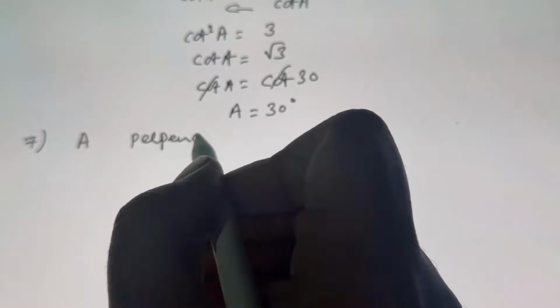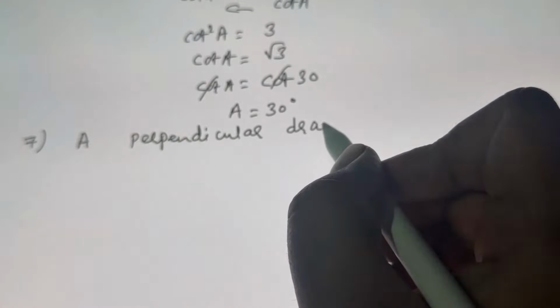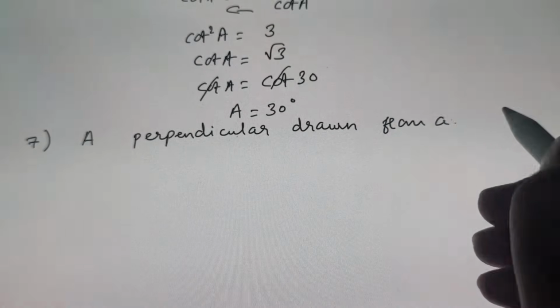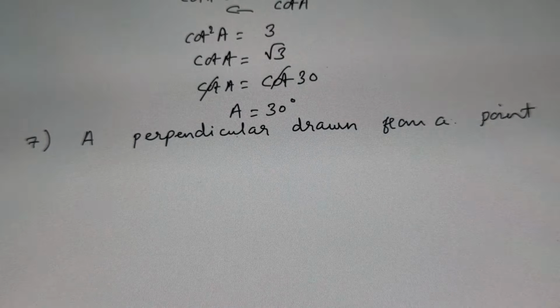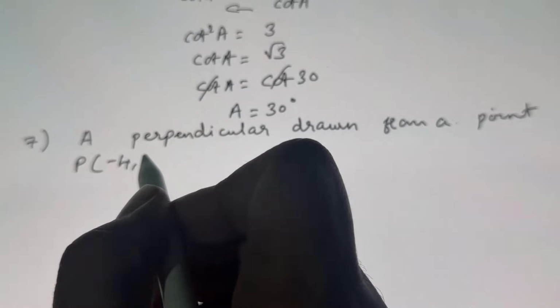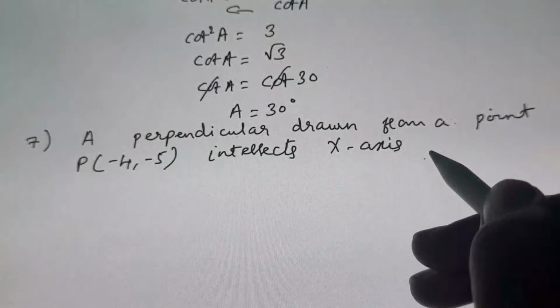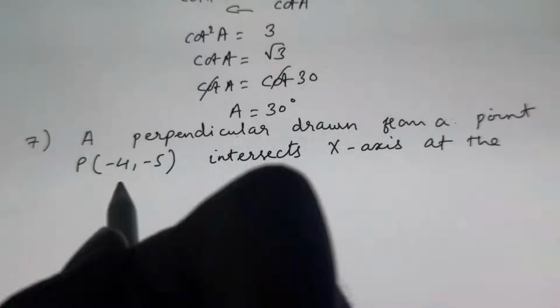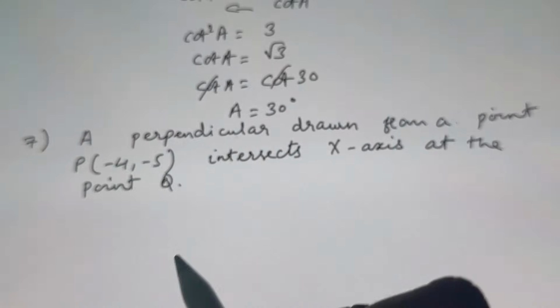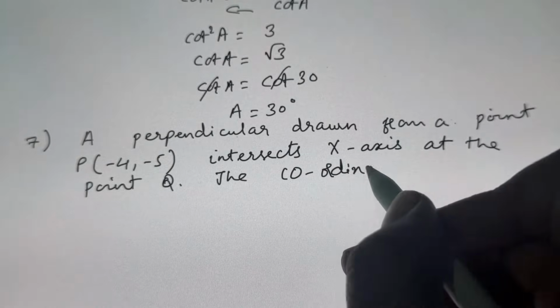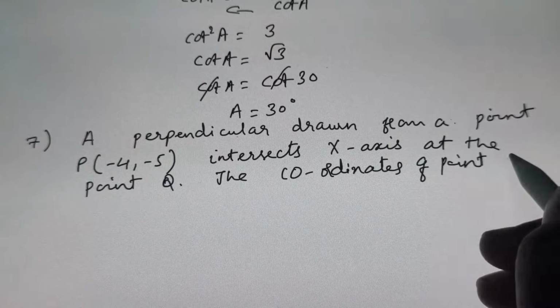A perpendicular drawn from a point P of -4 comma -5 intersects the x-axis at the point Q. The coordinates of point Q are